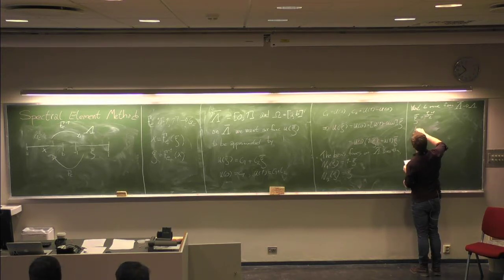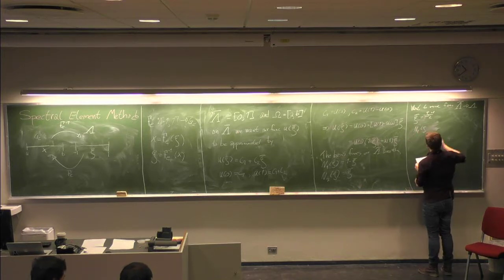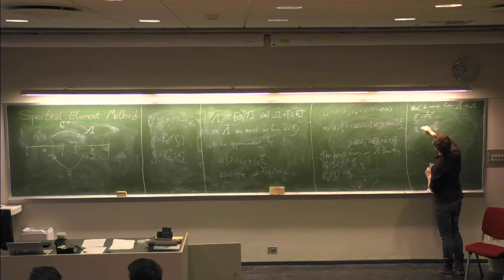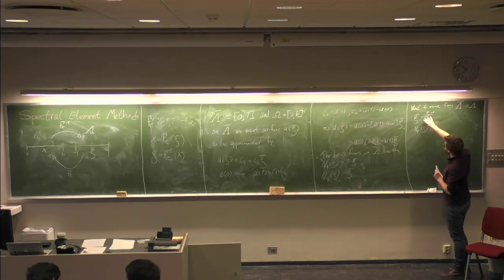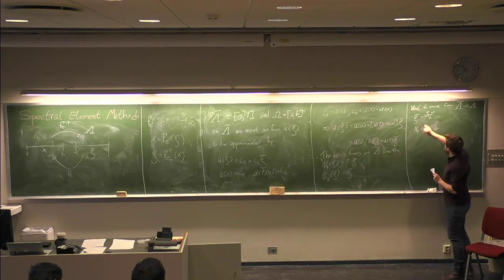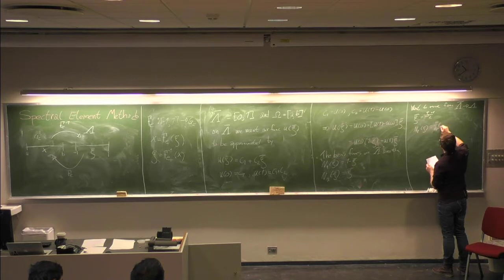So then we have 1, xi. So now I'm just inserting this, the ones down there. So now this xi bar is this, and then you would get